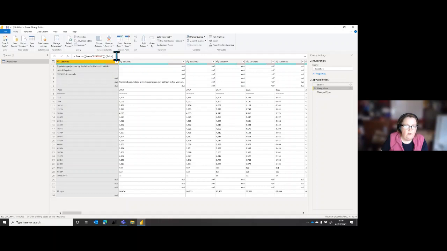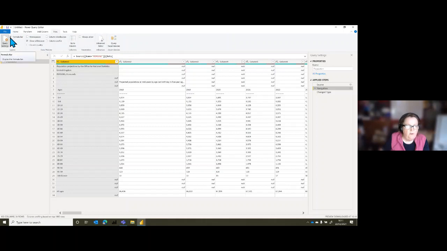If you look, I've got a formula bar at the top here that's showing me that. Now, if this is your first time in Power Query, that formula bar might not be there. And it's optional. I'm not going to do any typing of code up there today, I promise. But for those of you that do want to go down that path and want to find some good resources, reach out to me. I'll point you in the right direction because I do lots of typing in there normally. But in the view, there's a tick for the formula bar. That's the one you're looking for, in the top left there.